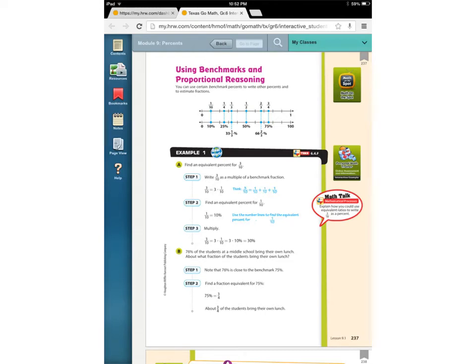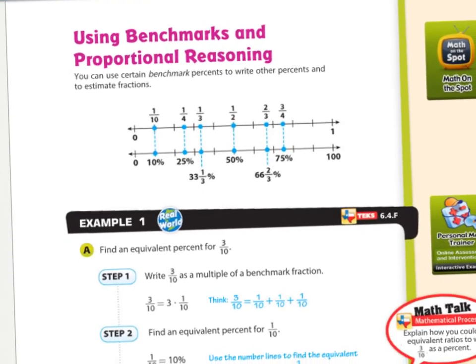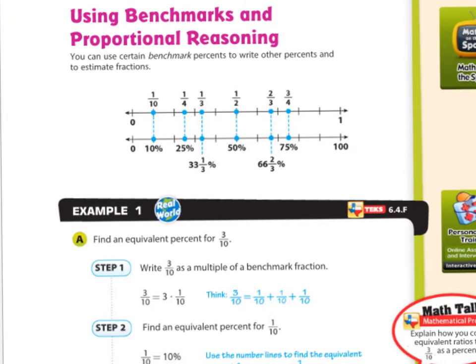You've gotten pretty good now about using a WGU table, I hope. And the reason that I really want you to use it is because you can use it in a lot of areas. And this next lesson is about percents, and you're going to be able to use the WGU table here also. In the beginning of this lesson, it has a little graphic for you that shows you